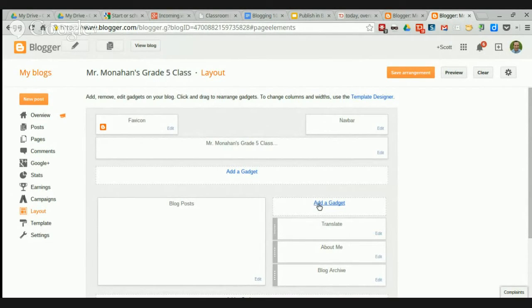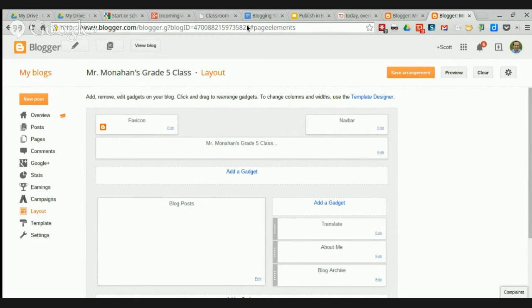The next gadget I want to add is probably the most important one and the one that had the biggest impact for me and parents in my class. And that is this Follow by Email button. So if we want to talk about reducing the number of barriers to parent participation and engagement in your classroom, we want to think about the technology or the account that almost all parents have. And almost everybody has an email account. So this is a really great tool. What it does,